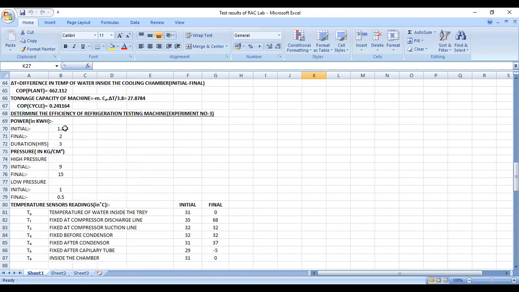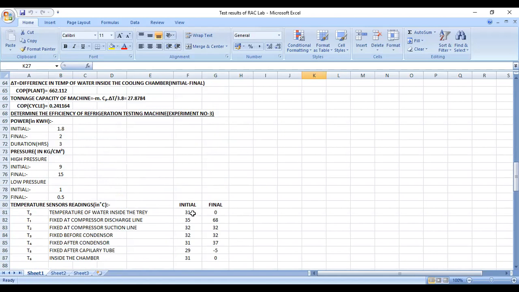Here power was 1.8 initially, finally 2. Duration required was 3 hours fully. High pressure becomes initially 15 and after 3 hours it's 15 itself. Initially low pressure 1 and finally 0.5. The temperature of the water inside the tray